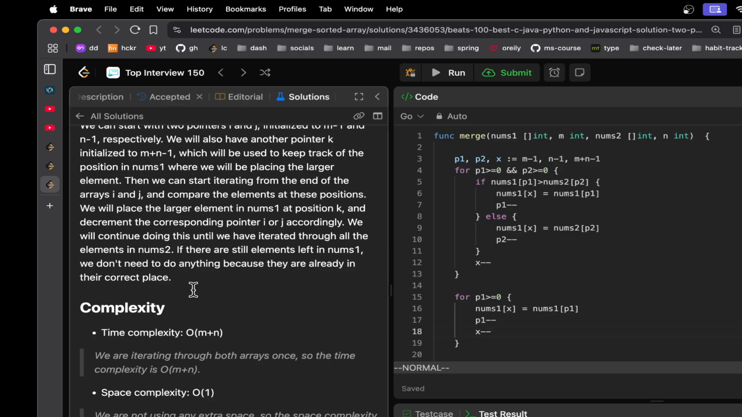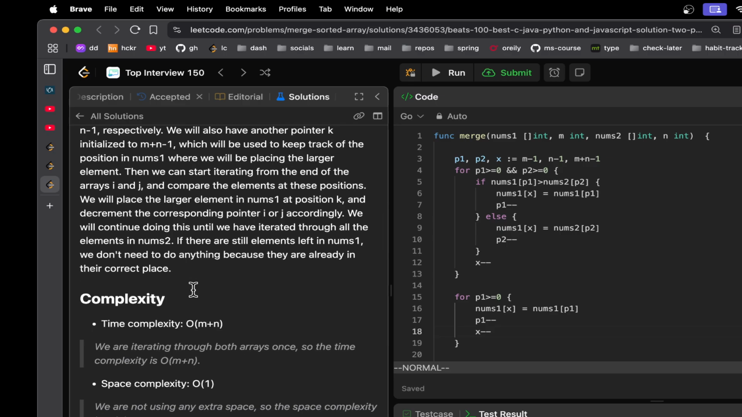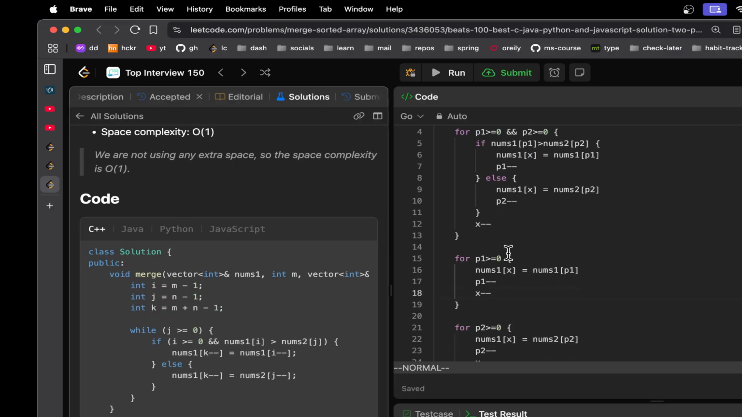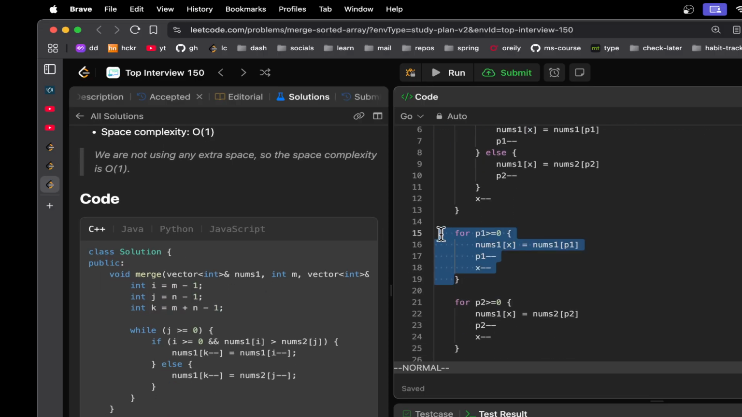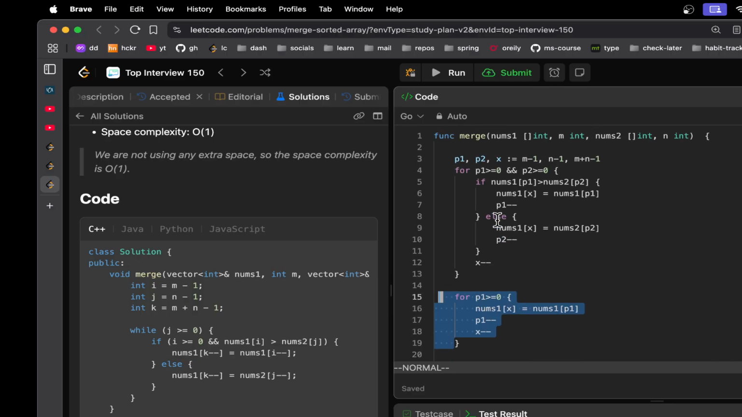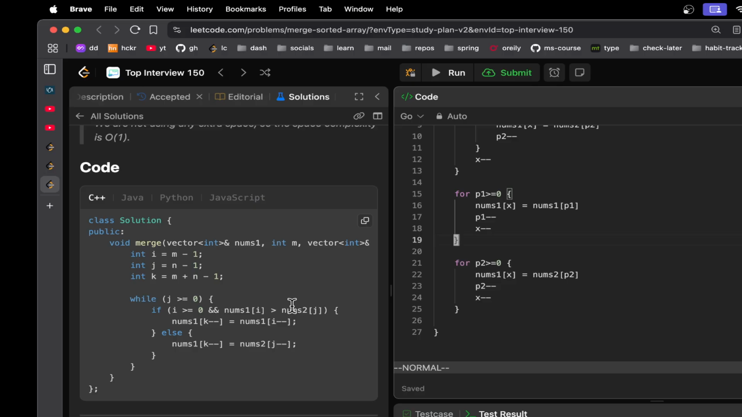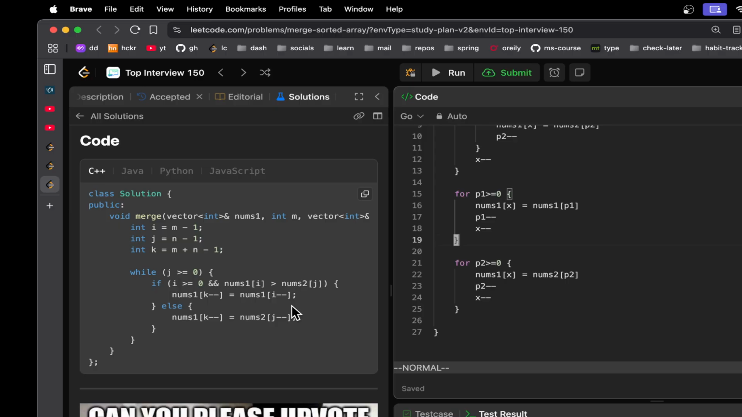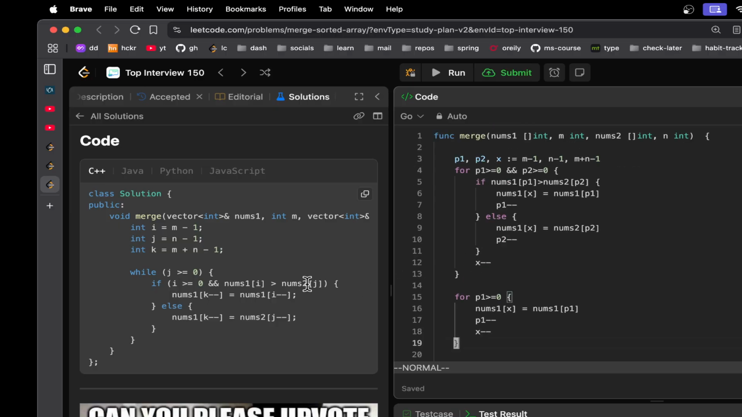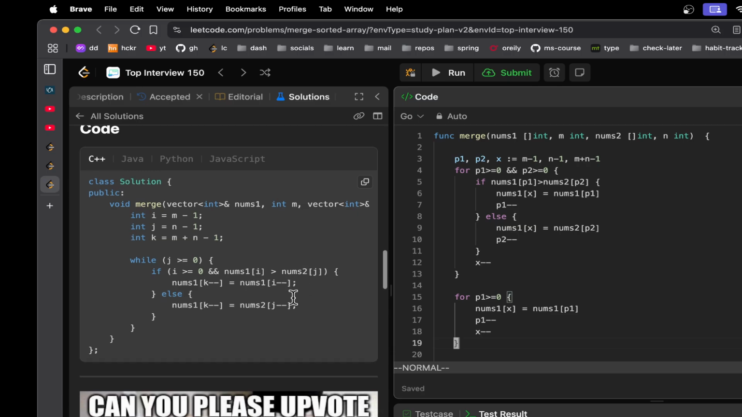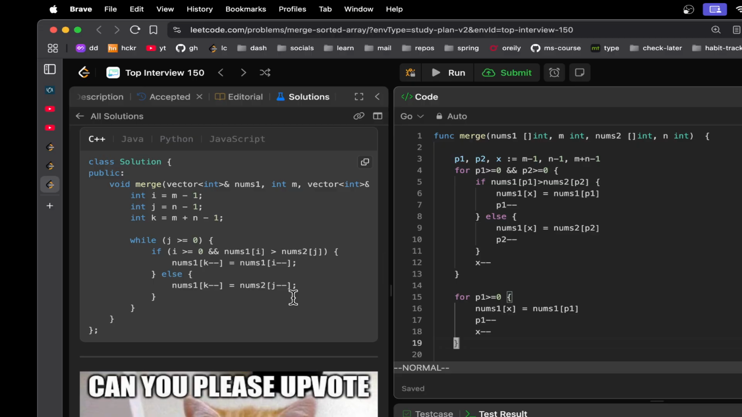If there are still elements left in nums1, we don't need to do anything because they are already in their correct place. Yeah, this is what I thought of actually, like p1, right? Because p1 refers to nums1, so if it is still greater than 0, it is all right. Nums1 is already updated until that point, but we have to do it for p2. But anyway, while j is greater than or equal to 0, if i is greater than or equal to 0 and